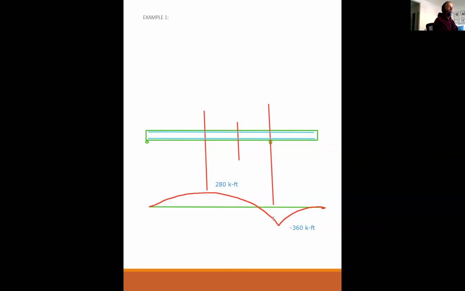You always start with whichever one of these two is larger in magnitude, because whichever one is the maximum absolute moment, that's the one that's going to determine the beam depth. And then the other one, which is smaller, you're not going to change your beam depth. You're just going to change how much steel you have. Because otherwise, you're going to specify a beam that looks